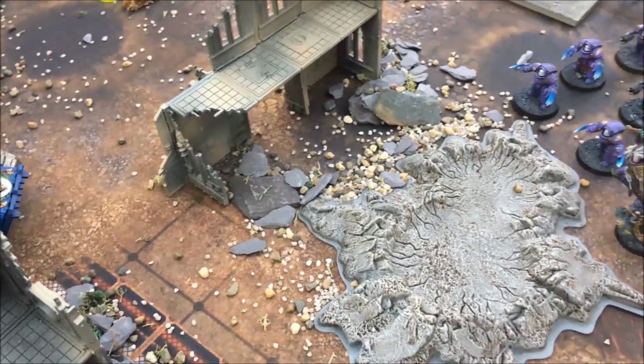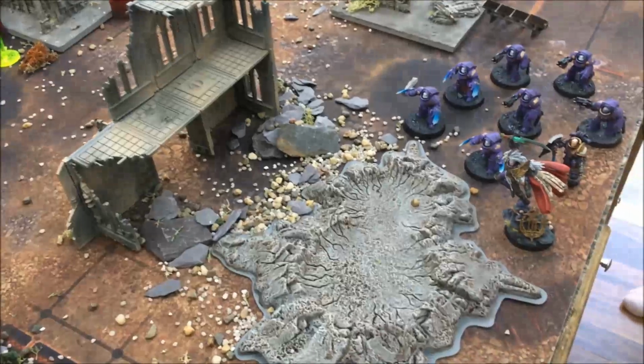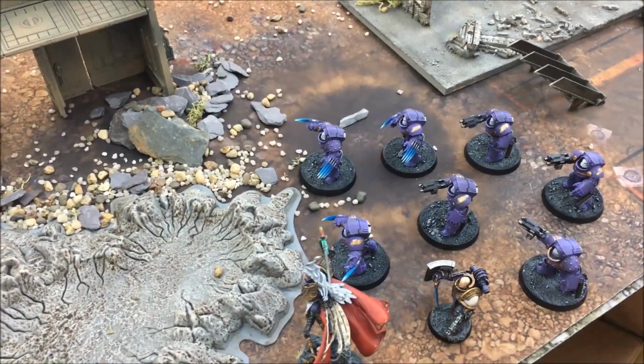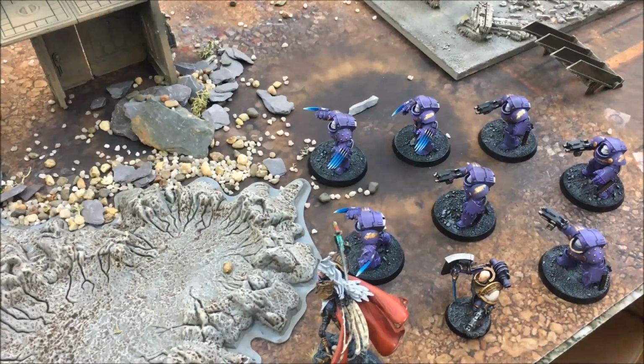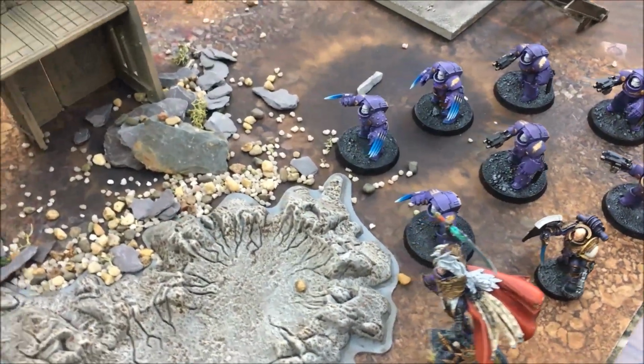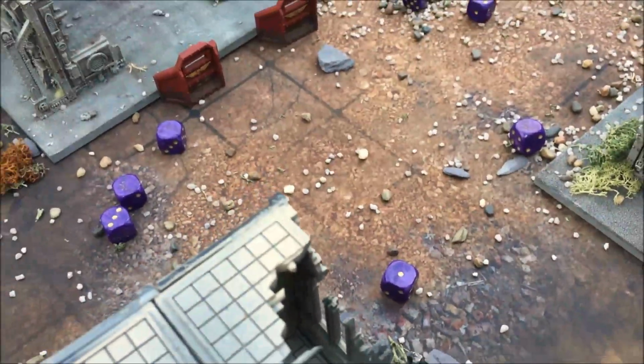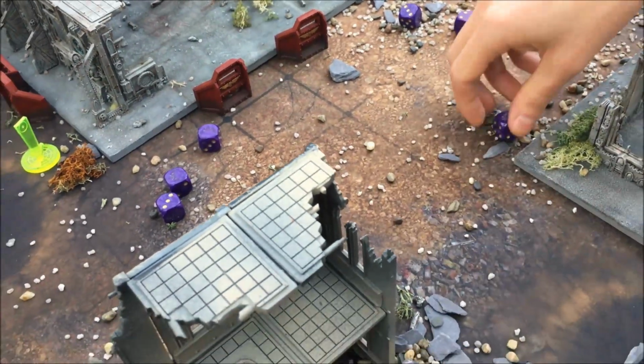12 wounds. Tom has got to make 12 2-ups. Otherwise we start to do a dead Primarch because it did actually land on Fulgrim's head. So Tom's decided to look out 7 of the hits off Fulgrim. Give me some 1s. There's a 1. So he's going to take